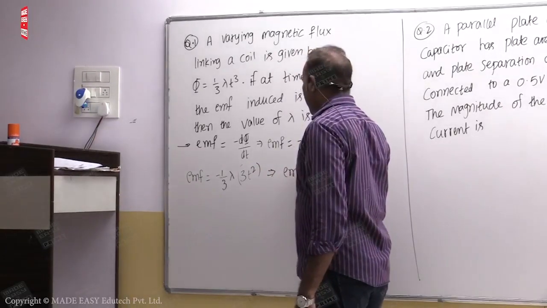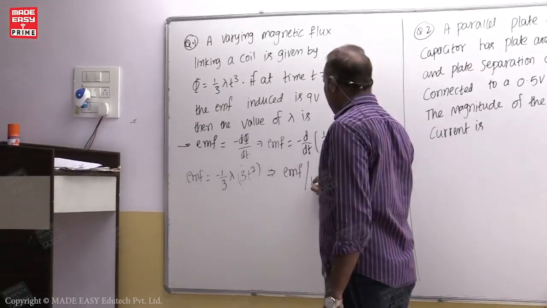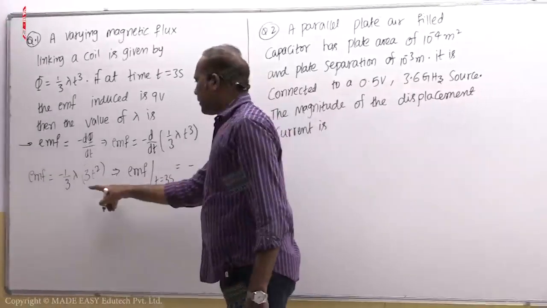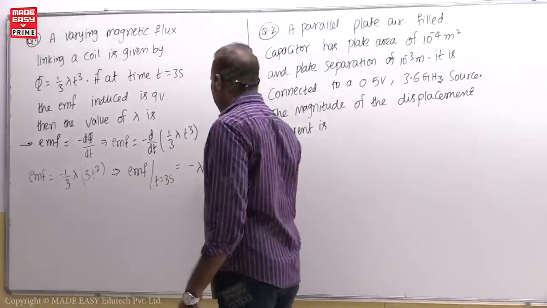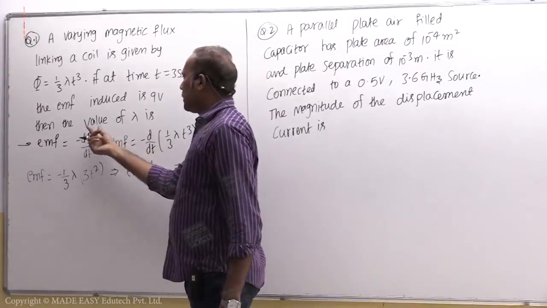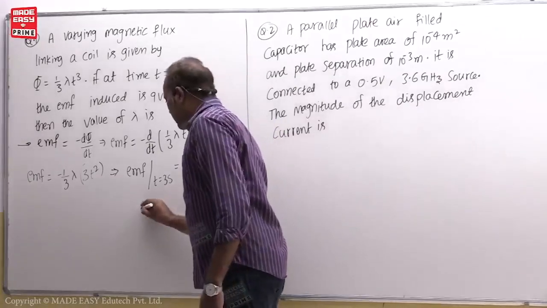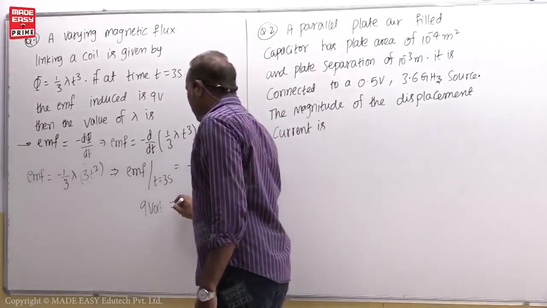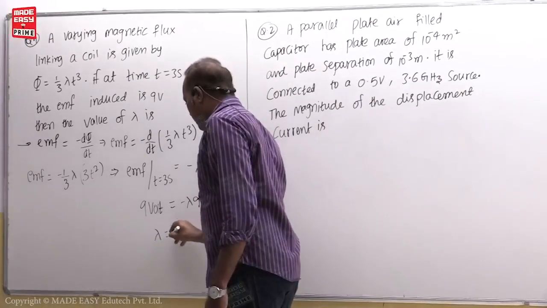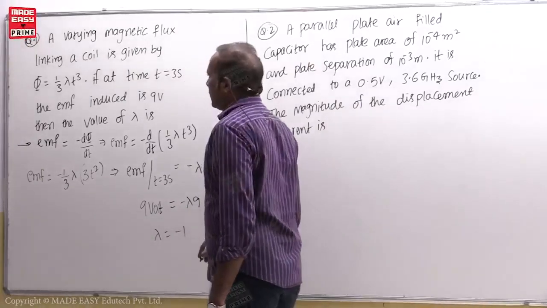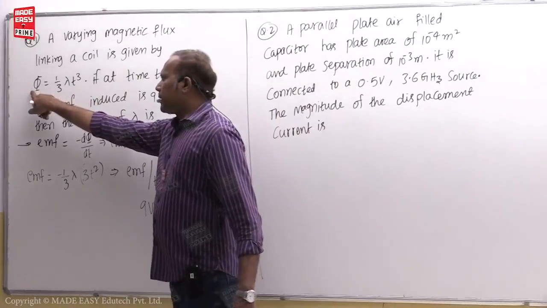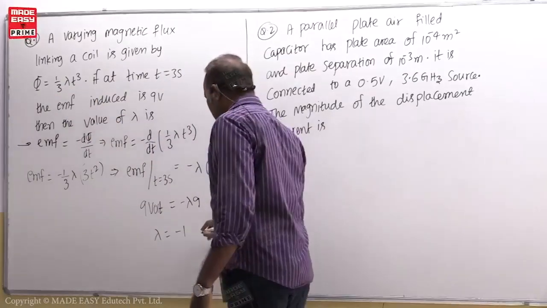So EMF at t equal to 3 seconds is equal to, this 3 cancels, minus lambda into t, t equal to 3, so 3 square you have to substitute. Now it is given that EMF induced is 9 volt at t equal to 3 second, so it is given as 9 volt. Now that is equal to minus lambda into 9, so lambda is equal to minus 1. Okay, if you want units, lambda is equal to, magnetic flux is Weber per second cube actually, so